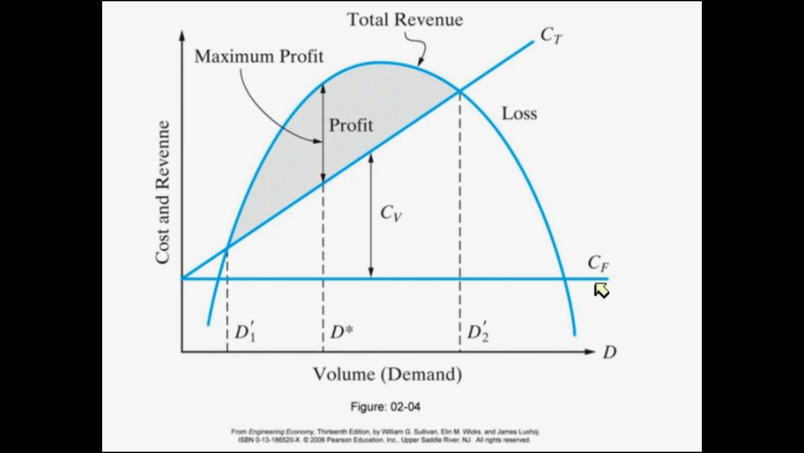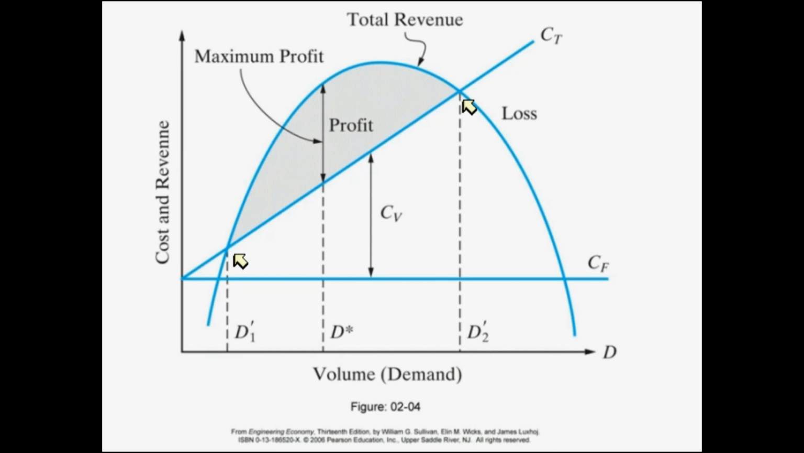So we've got our fixed costs, and there are variable costs, which when you add the variable and fixed costs together, you get this curve, which is the total cost line. And so the total cost line, when it finally is lower than the revenue line, then there are some profits there. Shaded in gray represent the profits that can be made. And so D'1 is the first inflection point where we're breaking even,